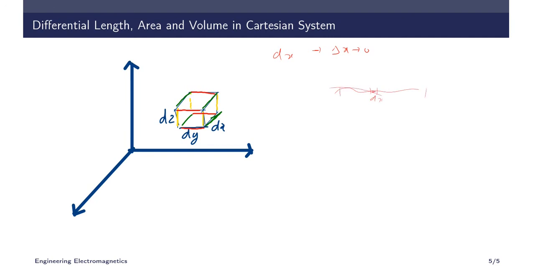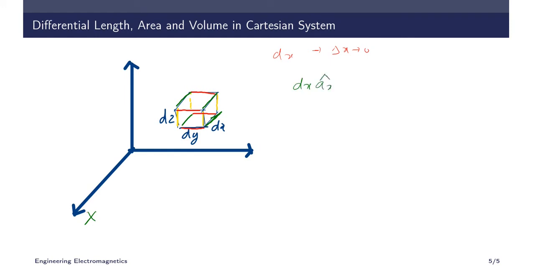That is what we do. So using the same principle, we want the differential length, differential area, and differential volume in different coordinate systems. Here we are discussing the Cartesian coordinate system. Along the x-axis, whatever is represented in green are the lengths dx. It is along the x-axis, so its unit vector is ax cap.